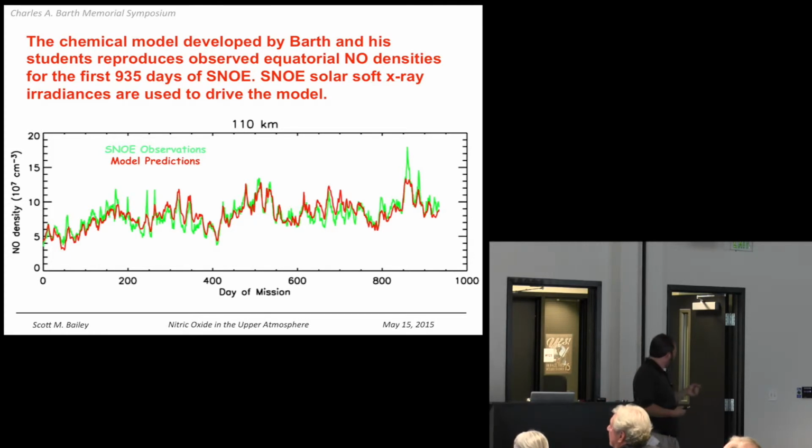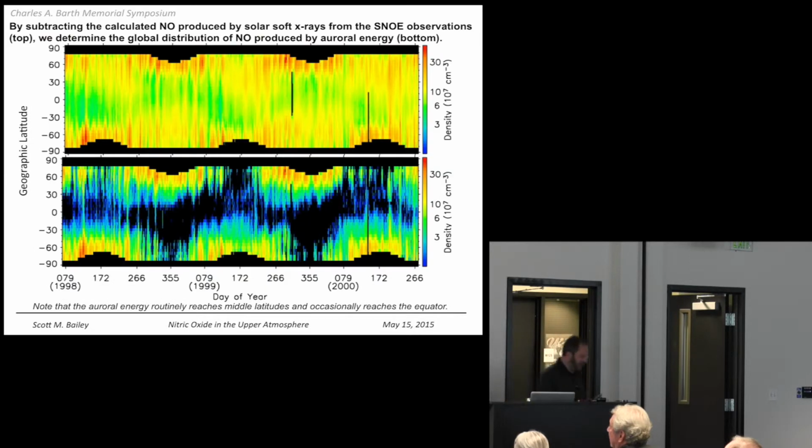This is from our 1D photochemical model. We call it NOx 1D for the students who remember this evolution. And the SNOWY data in red. Very quickly, we got that agreement. And so let me tell you what he did next. After he had the agreement in the low latitude region with the soft X-rays, this figure right here, myself, Ken Mankoff, and Dr. Barth made this. I think I can argue it's one of my favorite figures of my career, and I think I can make the case that it was one of Charles Barth's favorite figures of his career.